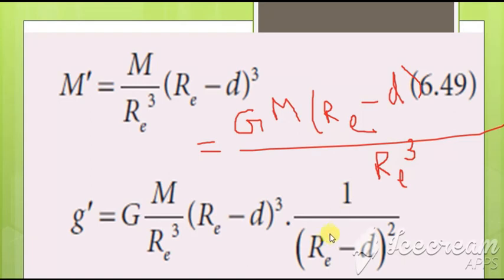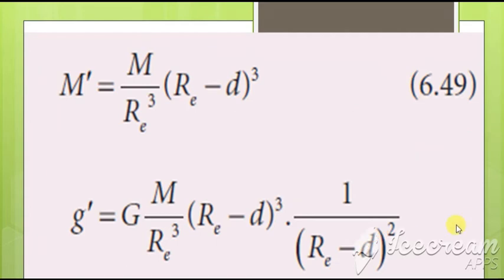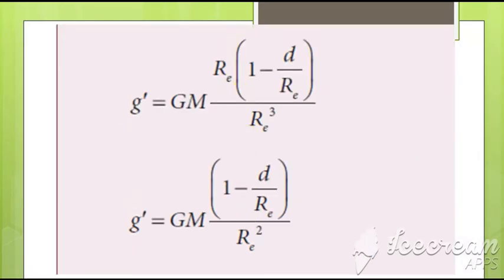Okay, since this value and this value get cancelled. Now here we got the equation as GM into Re minus d divided by Re cube,